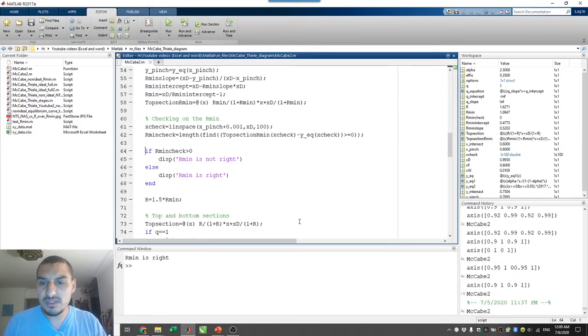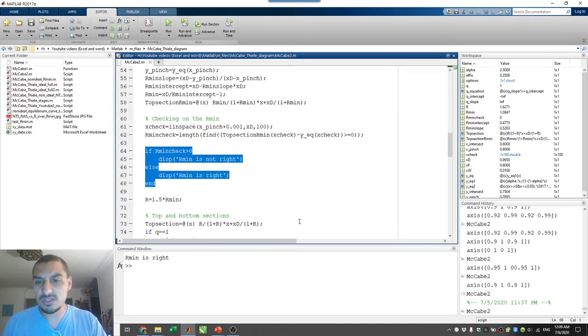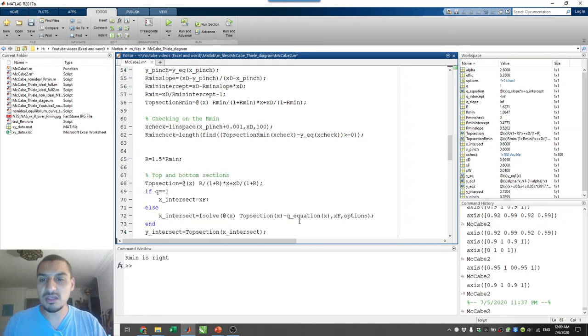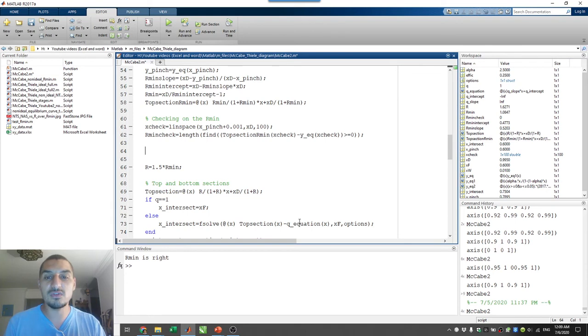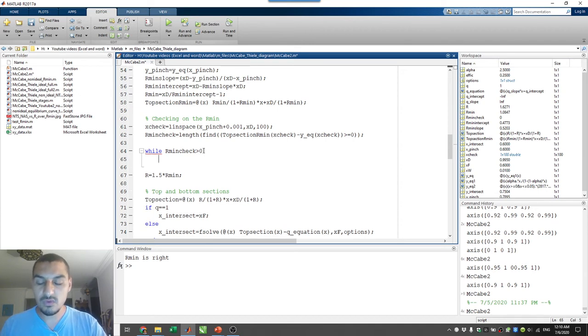So this if condition that I did last time is useless. Actually, I'm not gonna do anything with it, so I'm deleting it. And now let's see. So we now have something that we need to check on, and we do loops. When you are checking on something using loops, you are using a while loop. A for loop is not gonna be the good thing to use here. So I'm gonna check on the R minimum check, which is this. So while R minimum check is greater than 0, what we're gonna do is